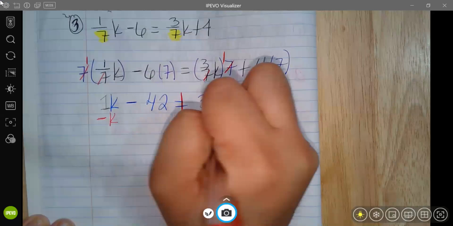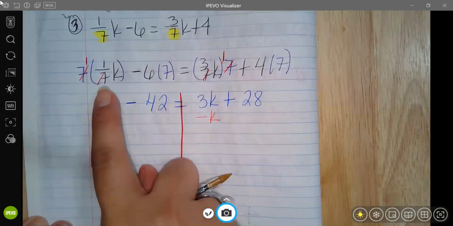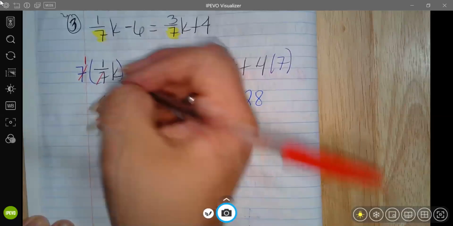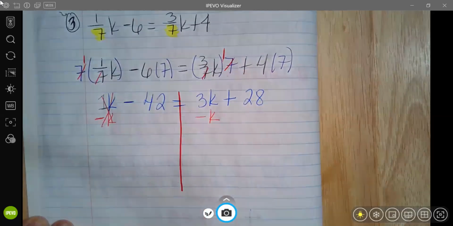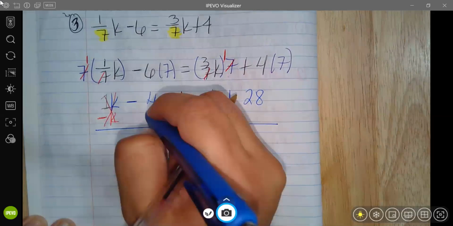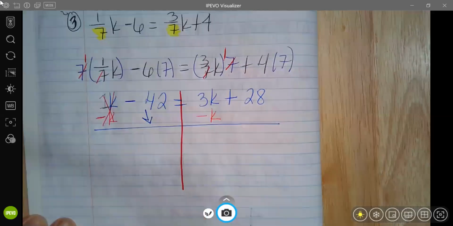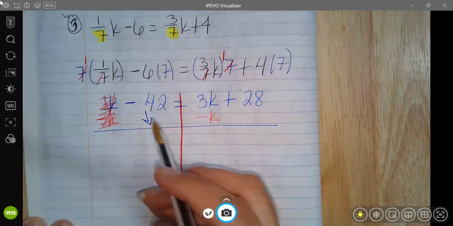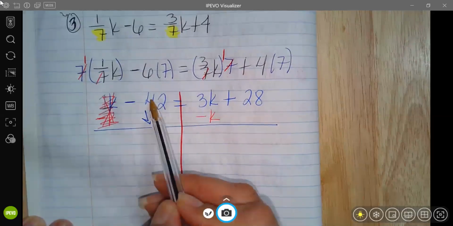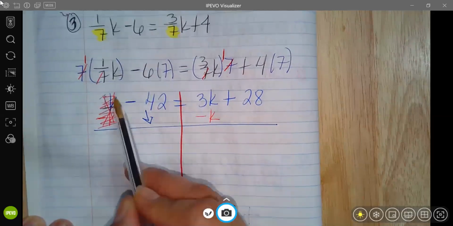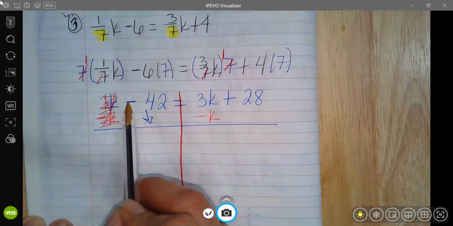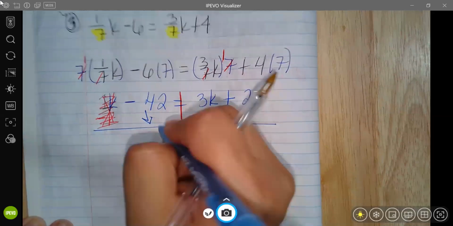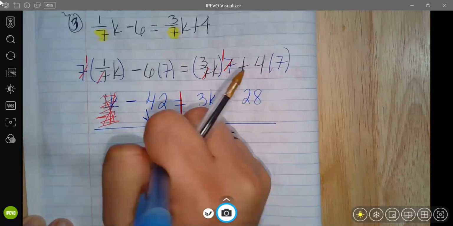Because it's a balance. So 1 minus 1 is 0, which is definitely what I want, because that is getting rid of that term. We don't need it. Now I'm left with minus 42, but since there's nothing in front, this just turns into a negative. So now I have negative 42 equals